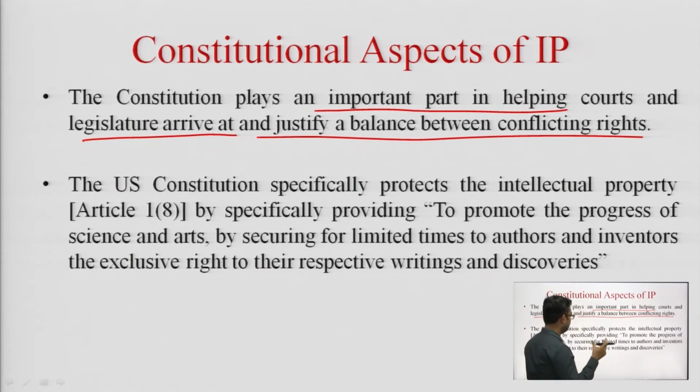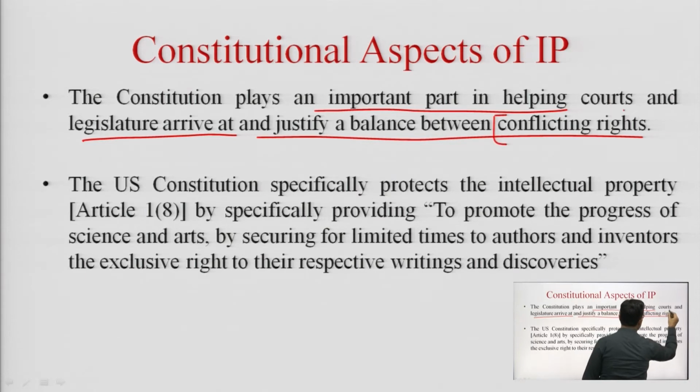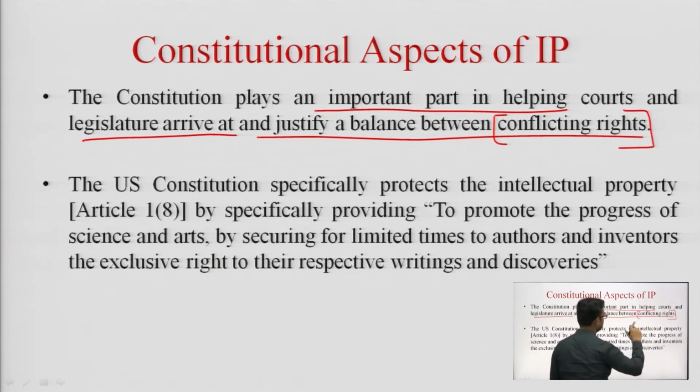So the law is required if there are conflicting rights. Okay, conflicting means opposing rights, means two persons are fighting over the same idea. In that way, the constitution plays an important role in helping courts and legislatures. Courts have also been given guidelines on how to take decisions,